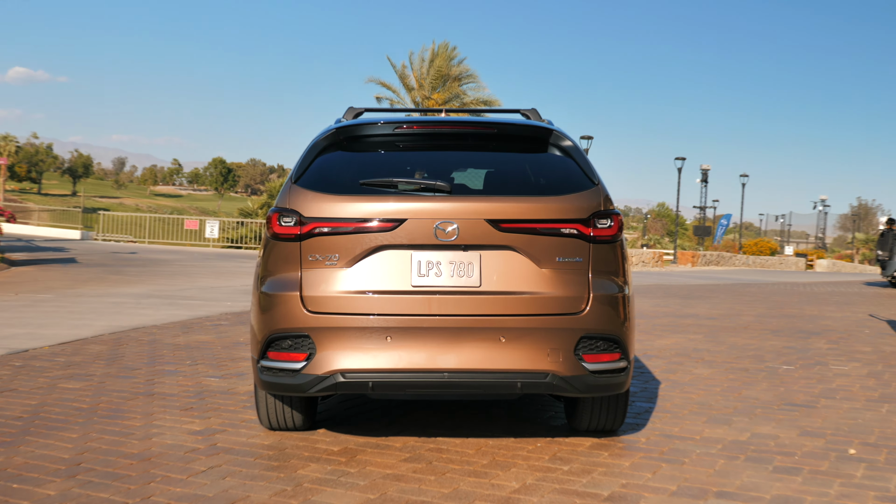The powertrains are also identical, but this was to be expected and is welcome. The CX-70 comes with the brand's new plug-in hybrid and turbocharged inline-6 engines. The PHEV uses a 2.5-liter 4-cylinder mated to an 8-speed automatic designed in-house that does not come with a torque converter. There is a 17.8 kilowatt-hour battery that gives it an EPA-rated 26 miles of electric-only driving range if you